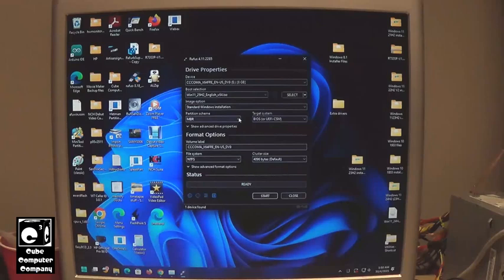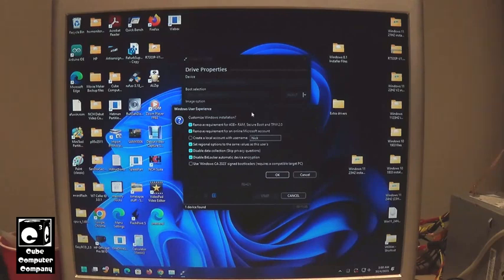Now of course you want to keep in mind that Windows 11 25H2, like 24H2, has higher system requirements, which I believe 25H2 and 24H2 had the same hardware requirements. So I have a video on that. So anyways, everything else we're going to leave default. We're going to select Start,